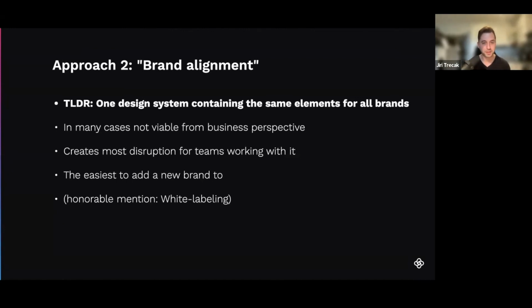The honorable mention here is white labeling. I would say that white labeled applications, if they are managed as a design system, which means it has to be a really very sophisticated white labeled solution, then those would probably fit into this category as well. And finally, the third one,